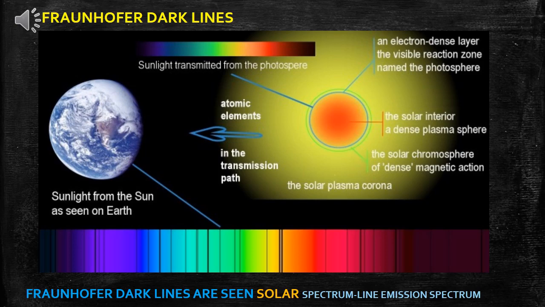See the sun, the middle or central portion of the sun will be too hot. The sun also has an atmosphere. In the sun's atmosphere, plenty of elements are in the plasma state, that is, in ionized state. Compared to the central core of the sun, the atmospheric portion of the sun is relatively cooler. So what will happen? The light from the surface of the sun passes through the atmosphere of the sun. The elements present in the atmosphere, what will they do? They will absorb certain wavelengths of light.